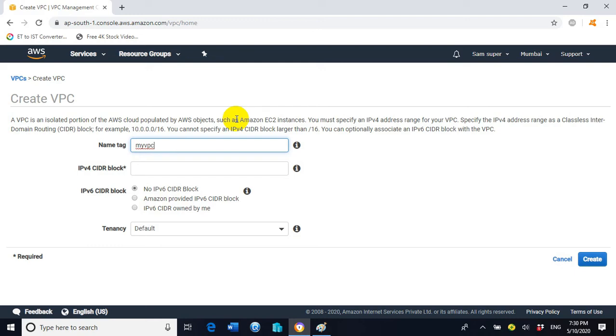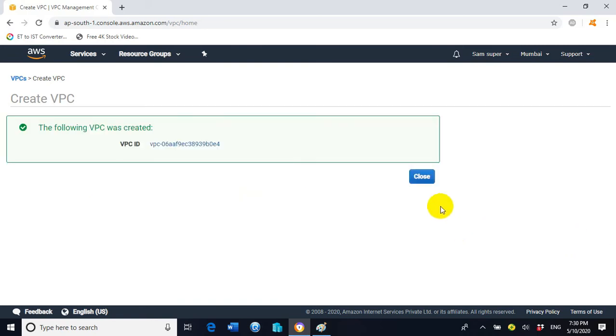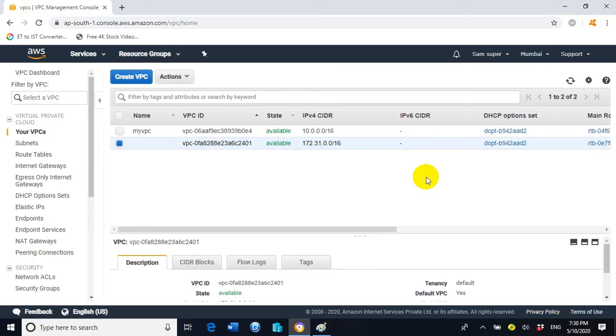You can assign a different name also. Here for the IPv4 CIDR block I will assign 10.0.0.0/16. Now click on create, close it. So my VPC has been created successfully.